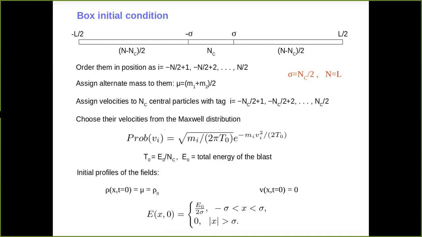In this initial condition, we again consider a system from minus L by 2 to L by 2. Then,